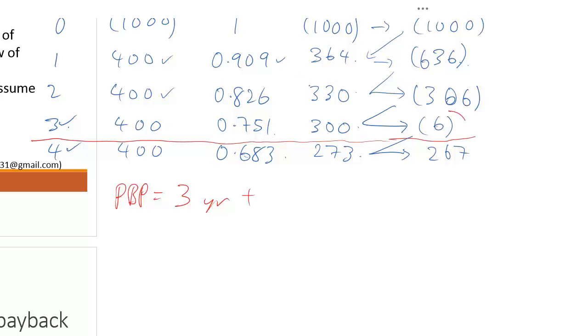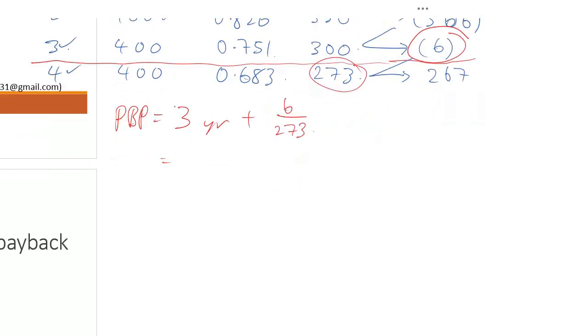Similar to the simple payback, at the end of year 3 you still need another 6 to achieve payback. But in year 4, you will be able to get present value of cash flow of 273. So what you do is take 6, which is what you need additional to get payback, divided by 273. Add that up, and that gives you the actual payback period. So therefore it will be 3 plus 6 divided by 273. The answer becomes